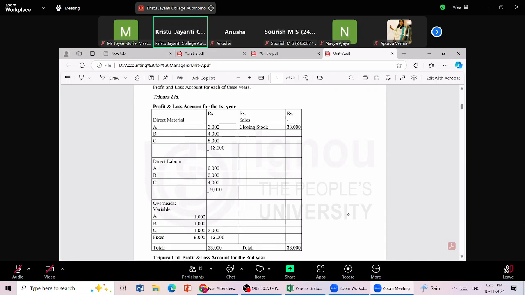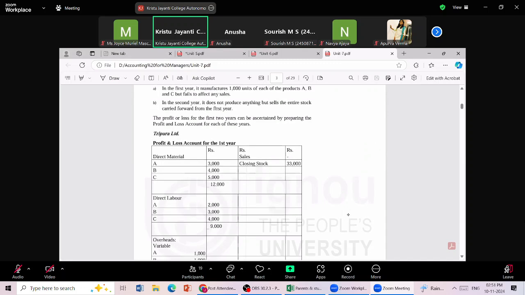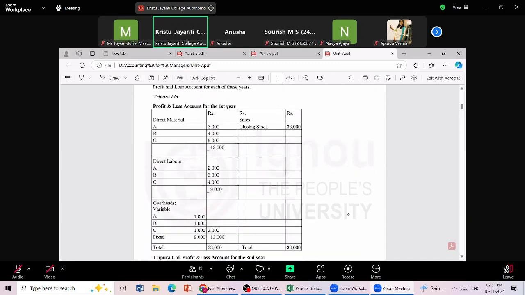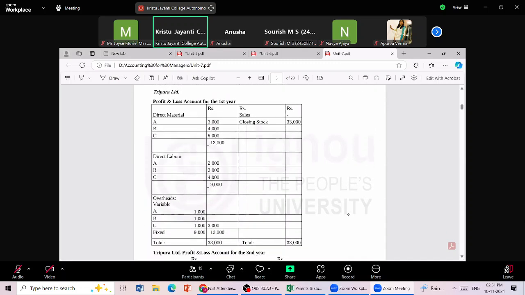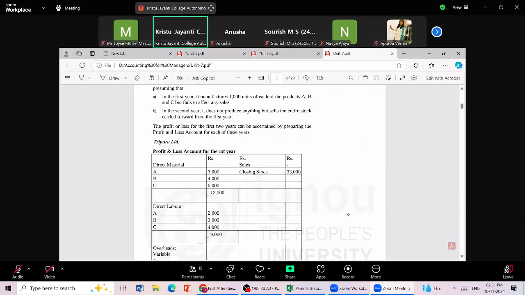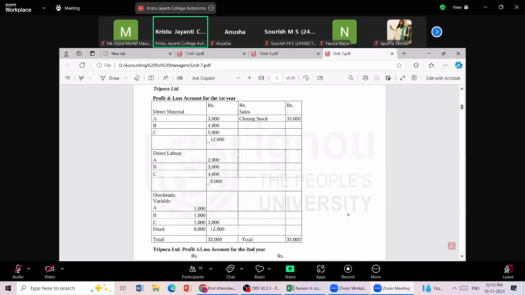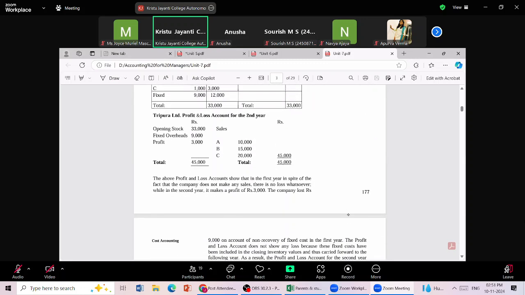And then there is an overhead expense which is 1000 rupee every unit. So 1000, 1000, 1000 and the fixed expenses 12,000. And what is my stock? The total is 33,000. The sales have not occurred, so that is being treated entirely as a stock. 33 is being closed as a closing stock. Now here you can see